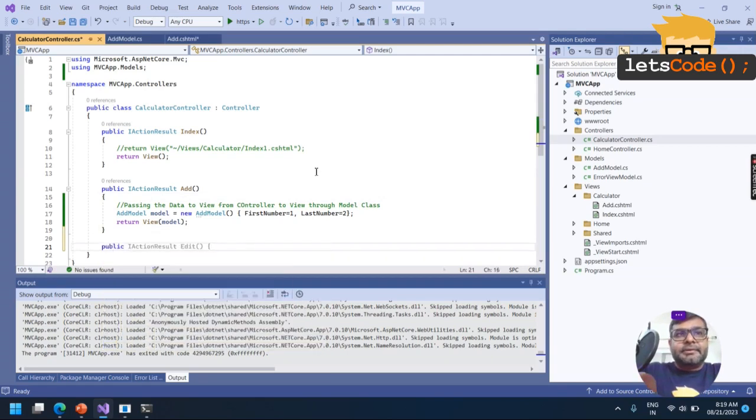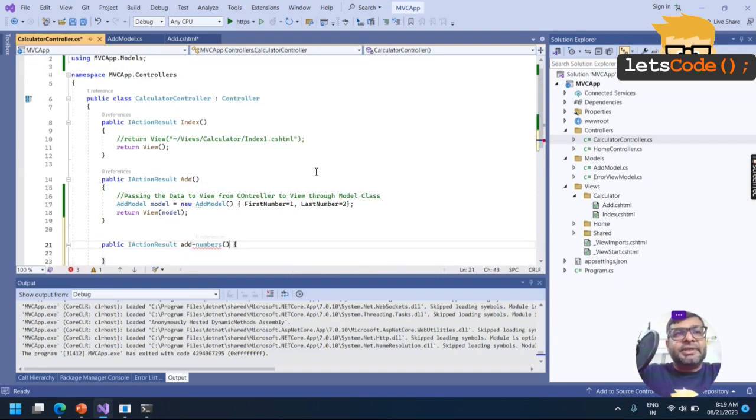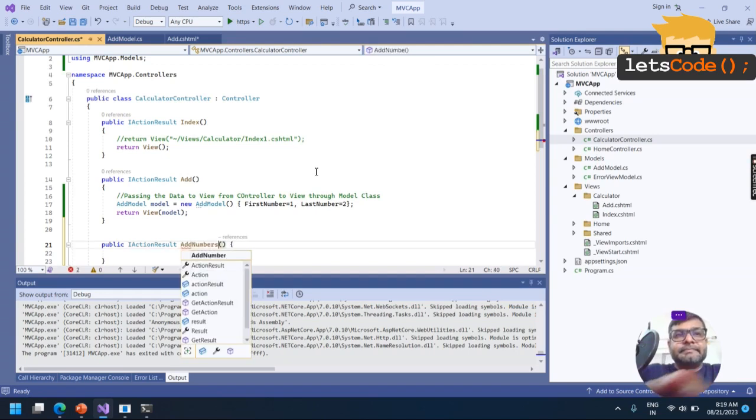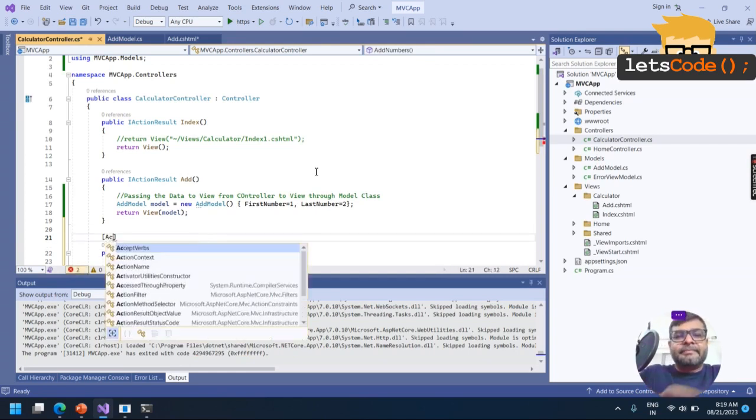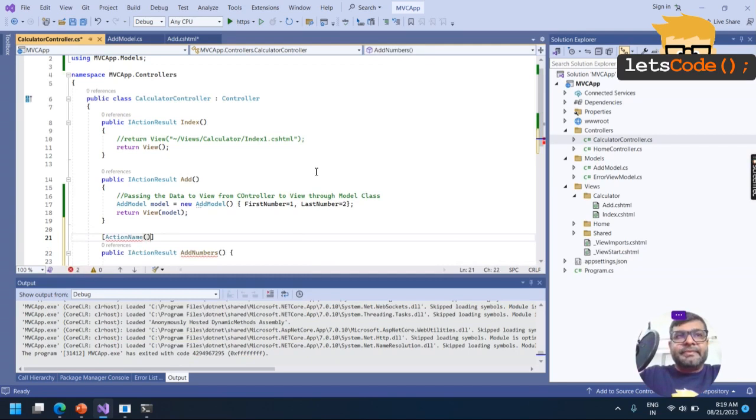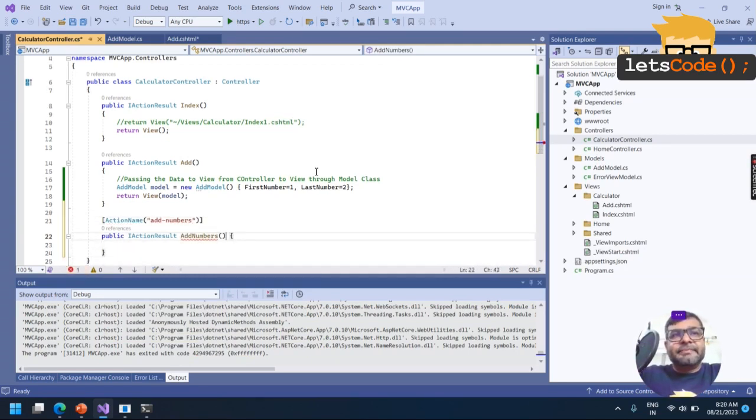Public IActionResult. I copied this, but see what the problem is. It doesn't allow hyphen and all. So I'll cut it and write add numbers. Either we can do two things: I can rename the method that I am calling in the action name, or here itself we can make it add numbers.